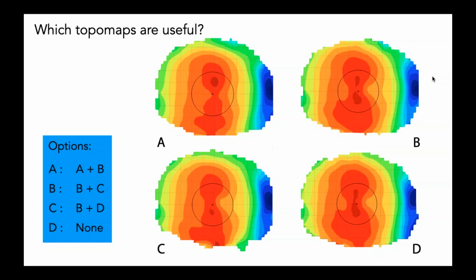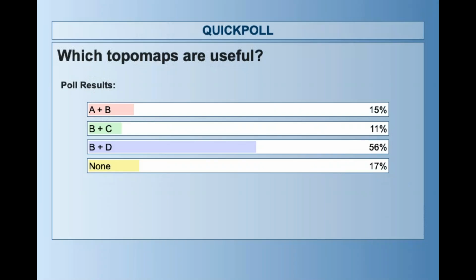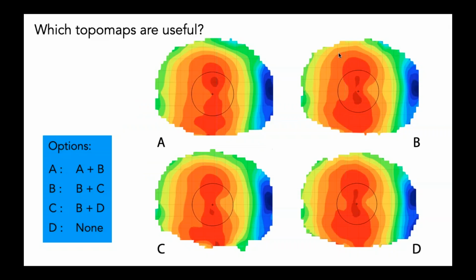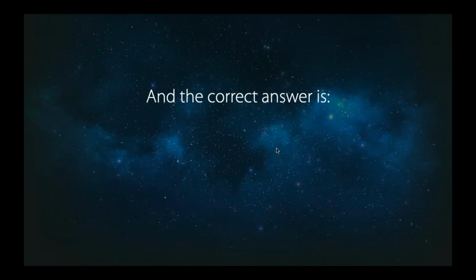What was everyone thinking? We see that 56% say we have to use images B and D. That's the majority, half of the participants. The others say A and B, or B and C, and 70% said none. Let's hide the results. We are back now in my lecture. Let me close the poll. What is the correct answer, in my opinion?